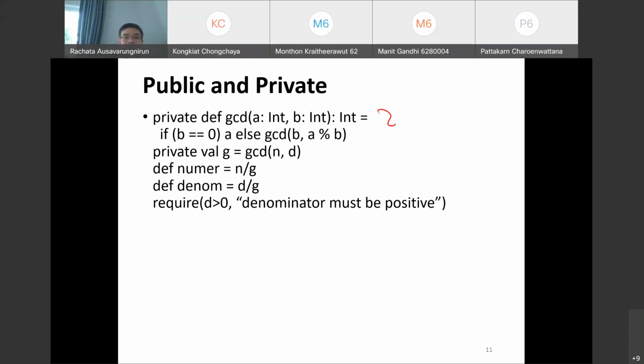So basically this code performs a computation of the GCD of A and B, the greatest common denominator of A and B. And I can say private val G equals GCD of N and D. And then I do def numer N over G, def denom D over G, right? And I say, hey, one of the requirements I'm going to have is D has to be greater than 0. Otherwise, if D is less than or equal to 0, you're going to print denominator must be positive